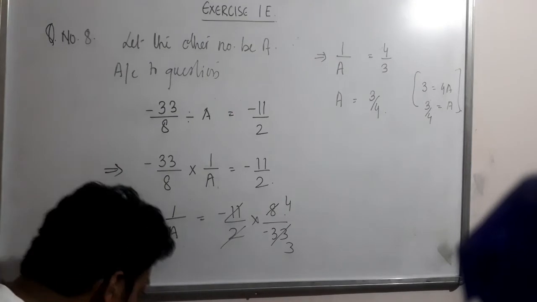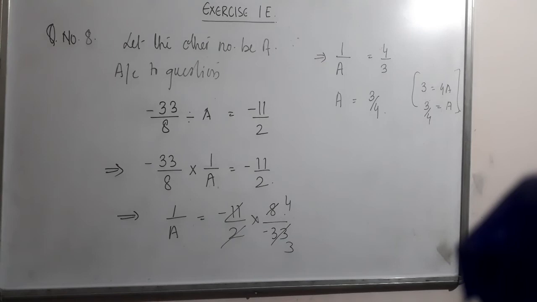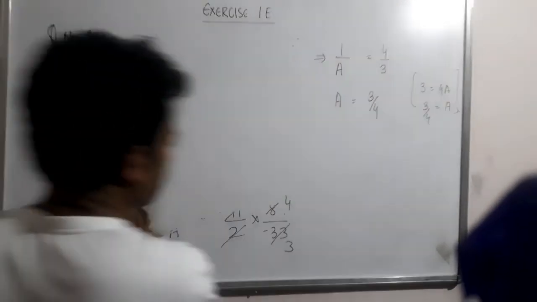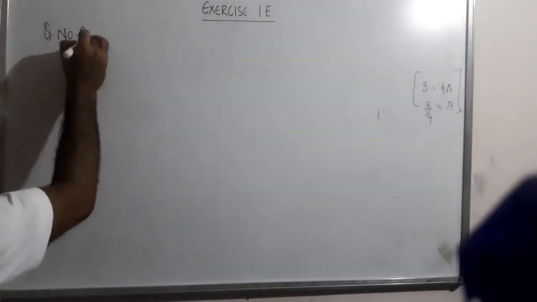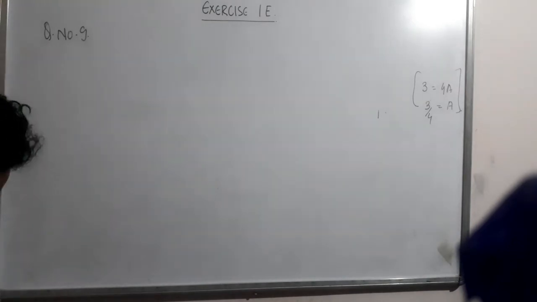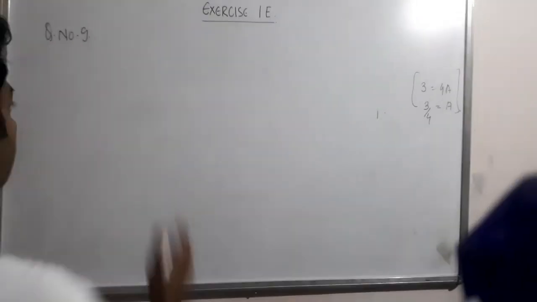Now, last question of the day. From either 9 or 10, we will solve one. See how we will solve question number 9. Question 9 is a little typical, listen carefully. How we will solve question number 9: divide the sum of the two rationals given. So let's do the sum first.